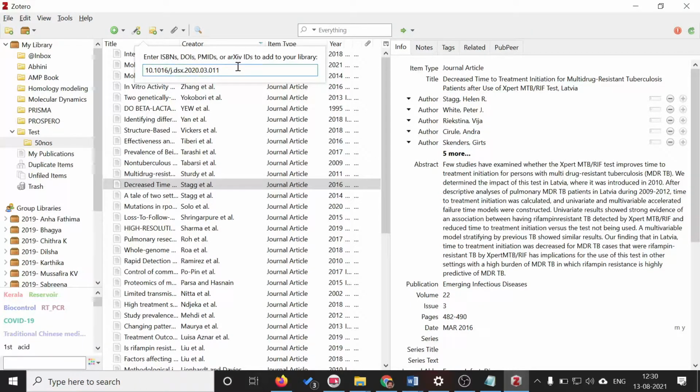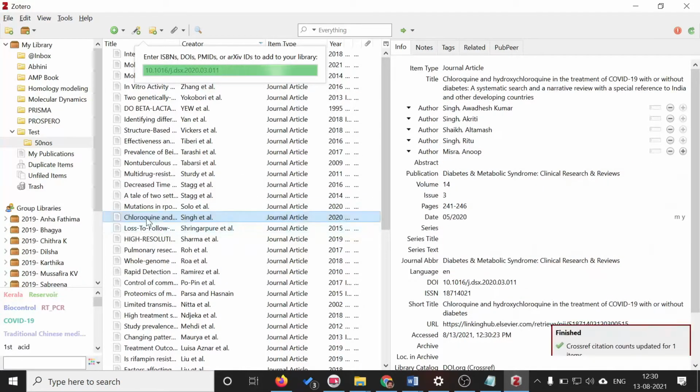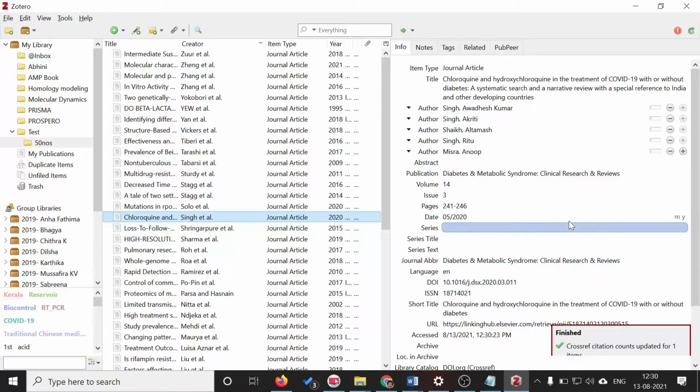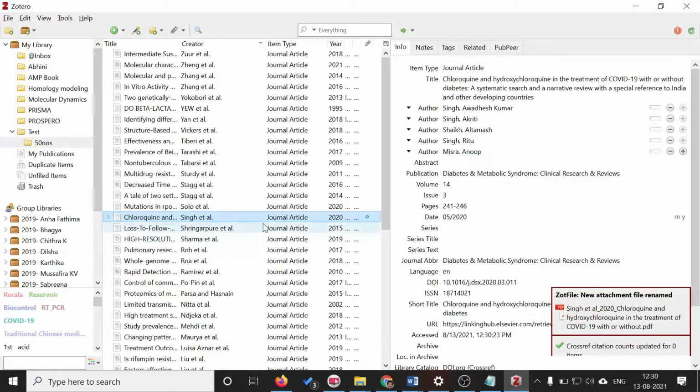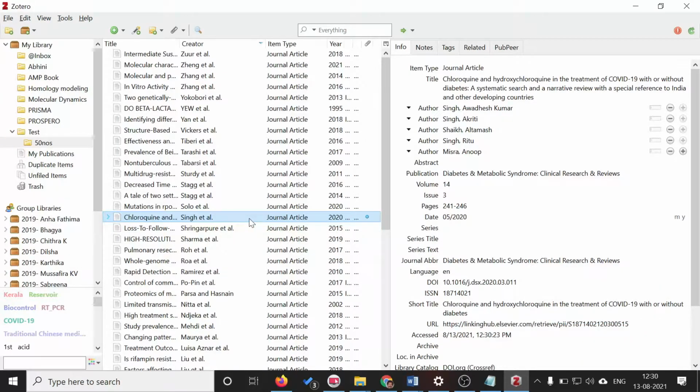So right now I am giving the DOI number. The data is already here. That particular journal information, all the related references were now already downloaded into the concerned database. Okay, this is the article right now downloaded by directly giving the DOI number.